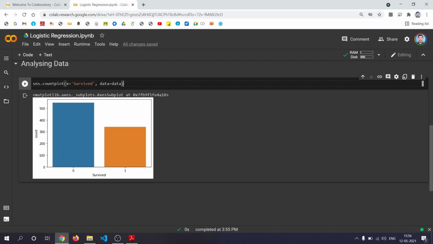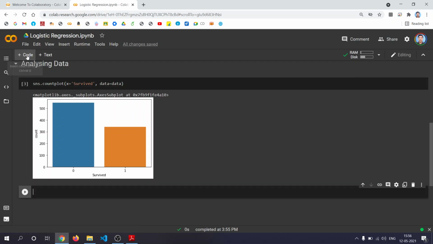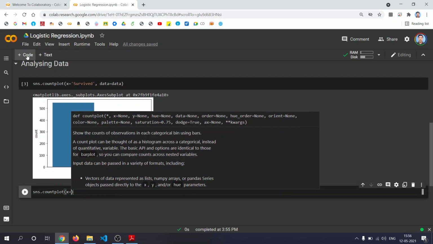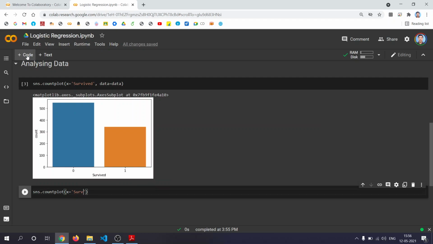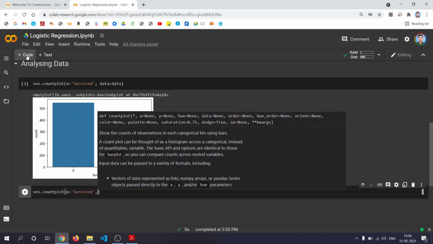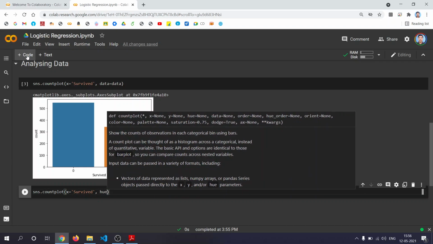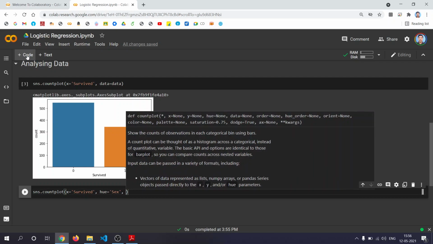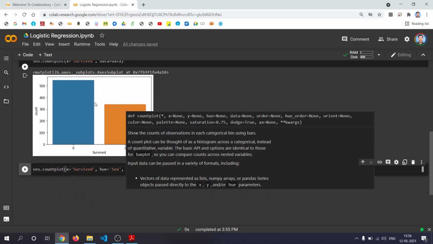Now let's see something like SNS dot count plot. Then once again we'll use whether survived or not survived, then we'll use a hue equal to sex. Then we'll see how many males and how many females survived and how many males and females did not survive.